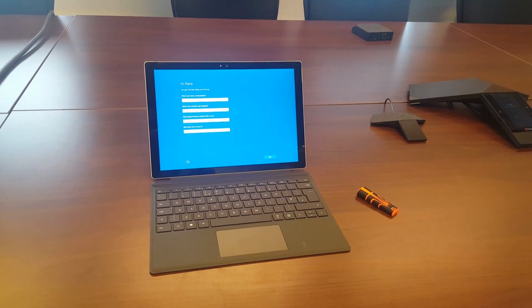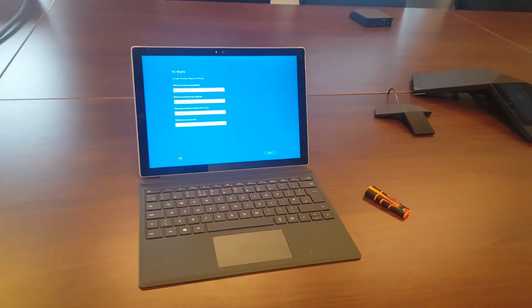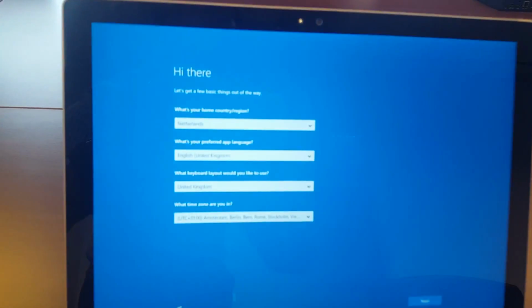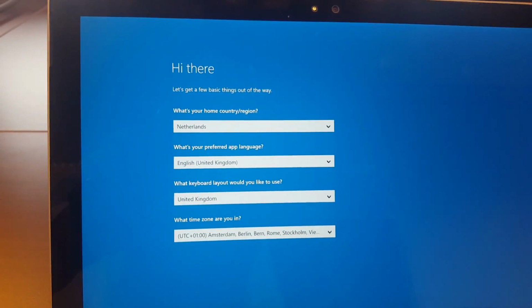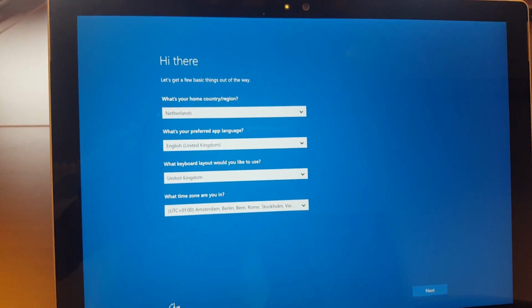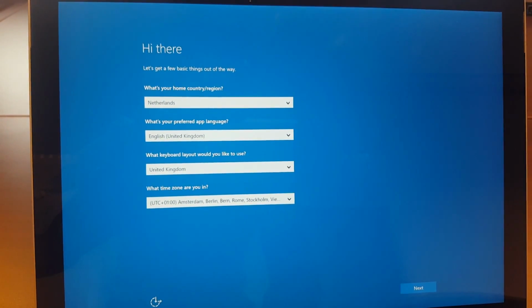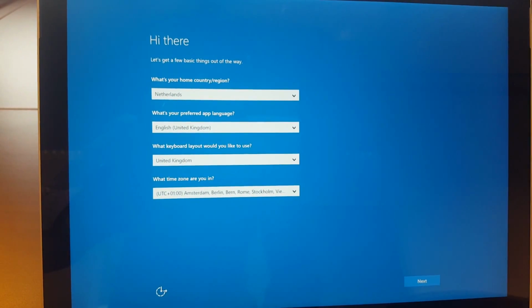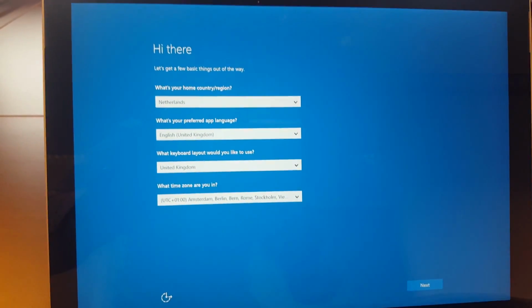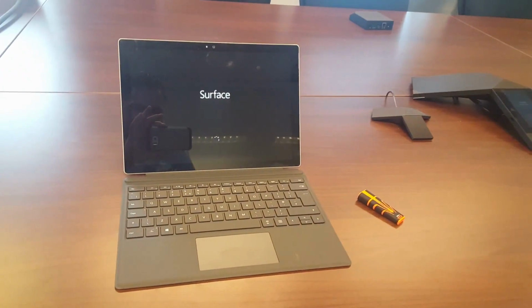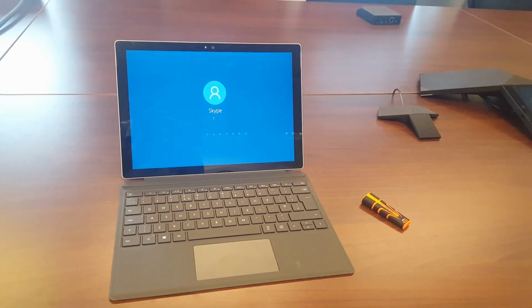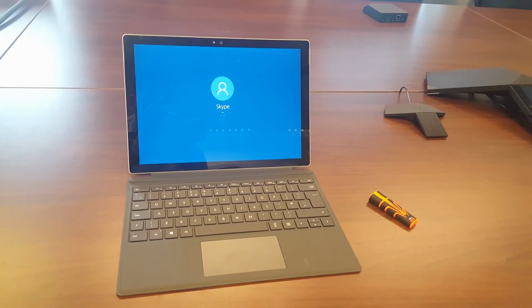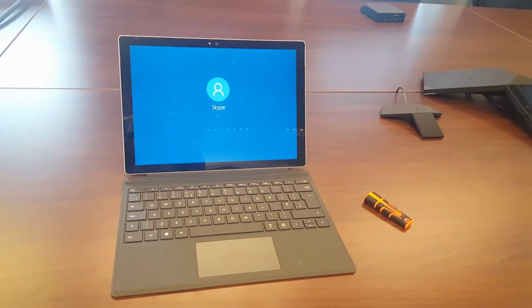So as soon as the Surface Pro 4 has rebooted, we remove the USB stick, and what you will see is we get into the wizard to get the panel up and running, the Skype Room System version 2 panel. So we can set here the preferences for time zone, keyboard type, etc. Now when you've applied the time zone settings, you will notice it will reboot and the Surface Pro will